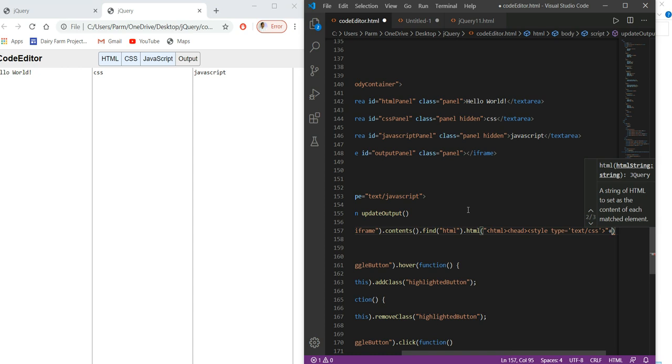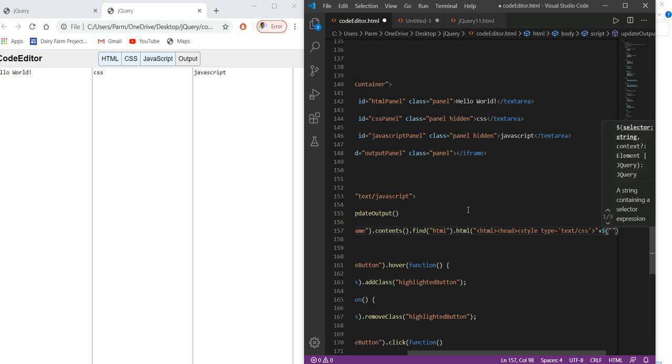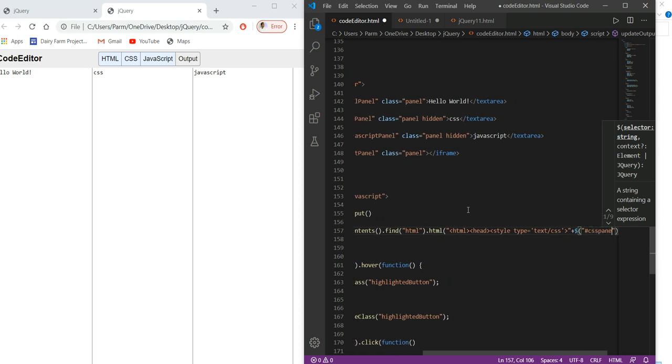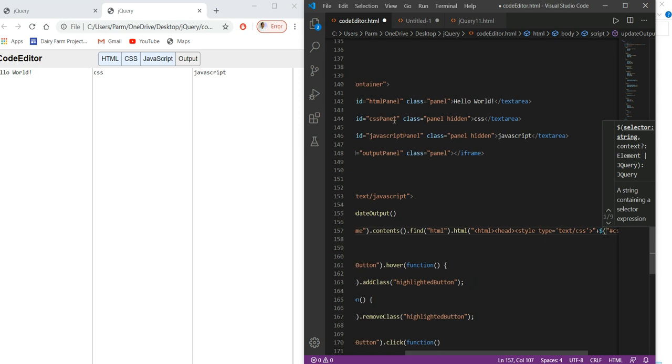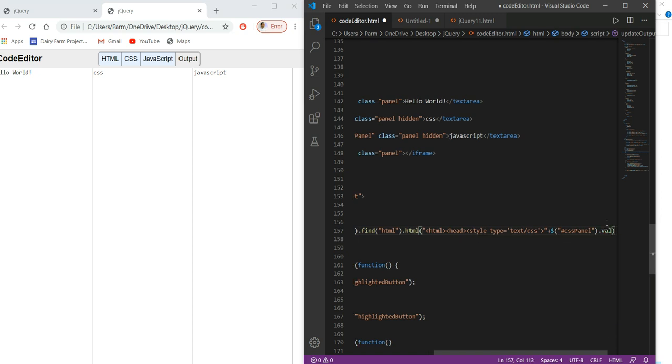So how do we get that? Percent. Then here we have to write hash CSS panel. So the ID is here ABC, but we have the spelling CSS. Here we are using capital P, so we have to use capital P here. CSS panel, then its value, whatever we write over there, the value of that,